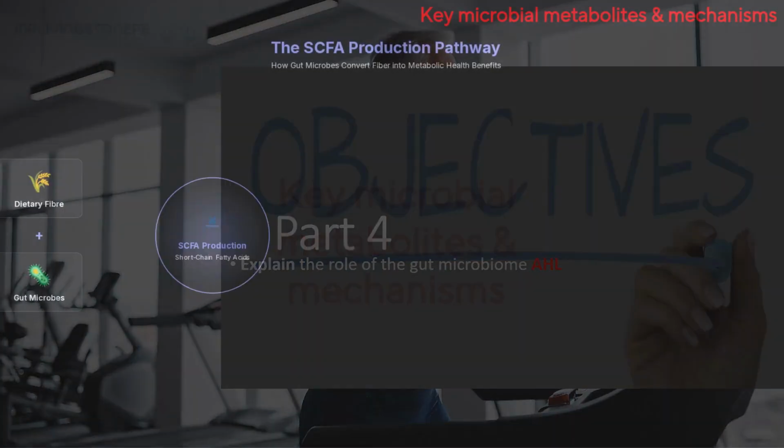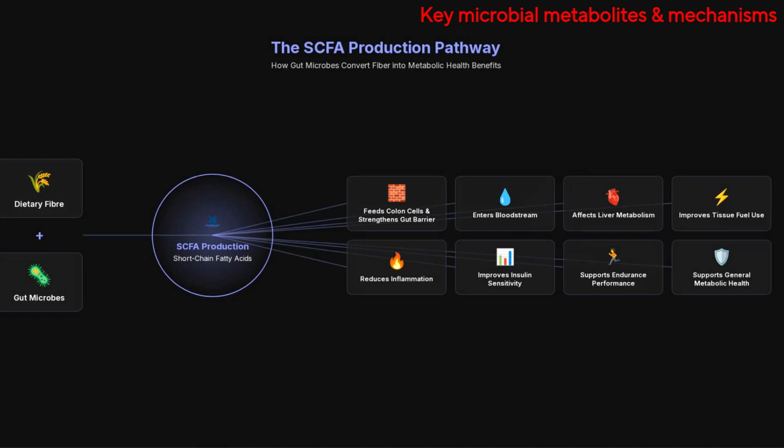Gut microbes break down dietary fibre to make short-chain fatty acids. These feed colon cells and help keep the gut barrier strong. Some enter the bloodstream and affect liver metabolism and how tissues use fuel. The short-chain fatty acids reduce inflammation and improve insulin sensitivity, which supports general metabolic health and can help endurance performance